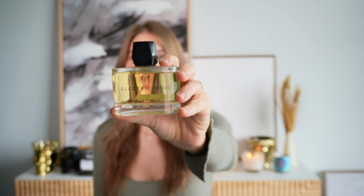Vanilla Oud from Virtus. So next up, we have another fragrance from room 1015. We have Electric Wood. Now you guys remember, my first impression of this house was not the best. The first fragrance that I ever tried from room 1015 was Wave Child. And I did not really like that fragrance, so I was curious to try something different from the house, give them a second chance. So this is going to be a resinous woody fragrance with nutmeg and iris,